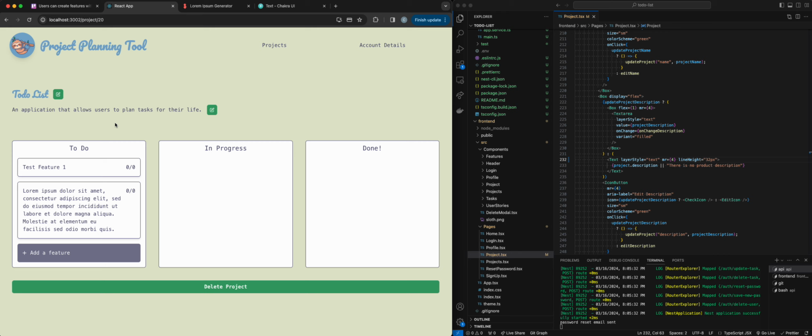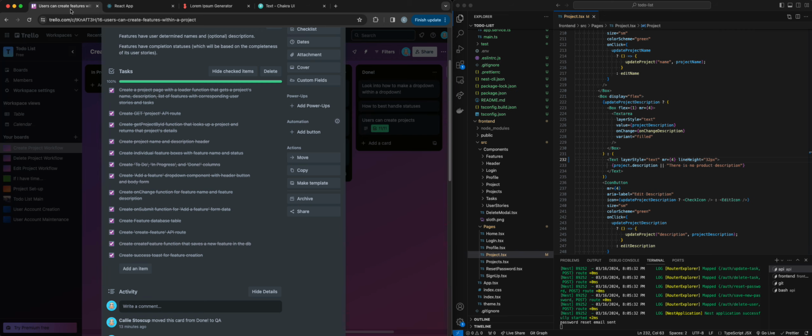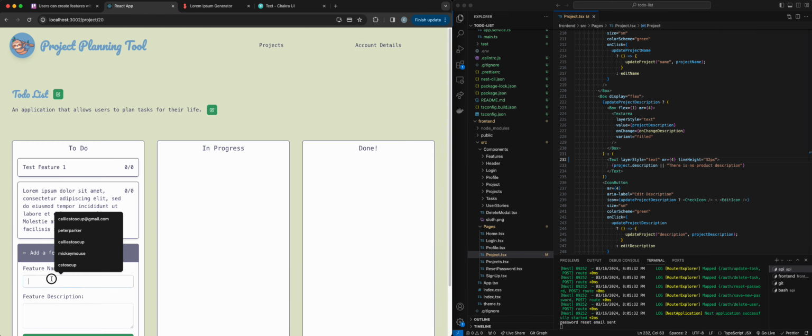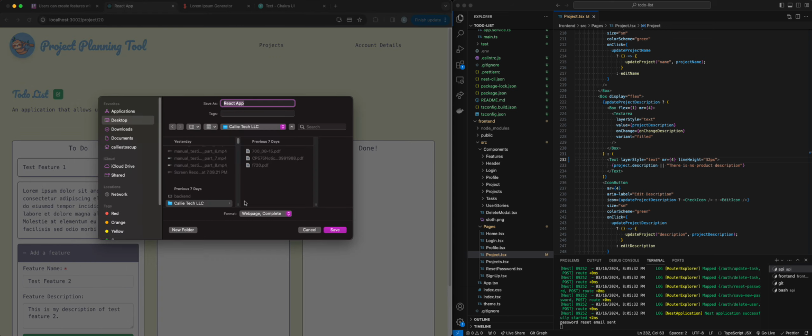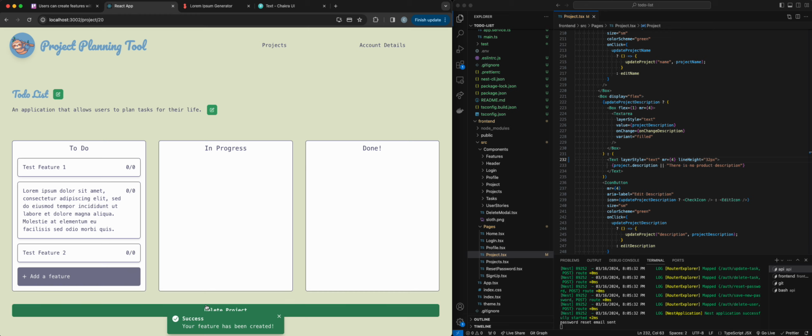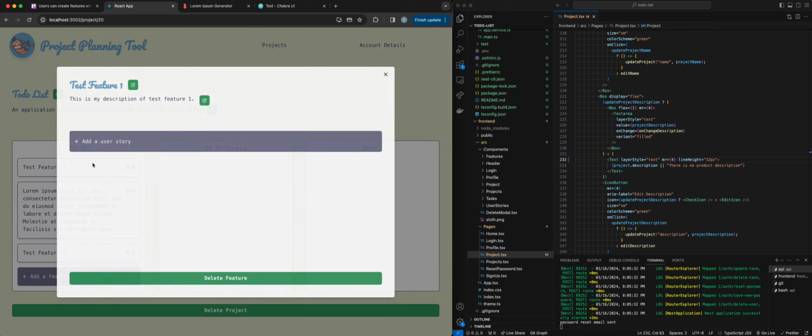All right, so this is the one that we have the feature, and it looks like the features are being added nicely. Okay, I don't think I remember looking for the toast, so I'm gonna go ahead and add and look. So I'm gonna say test feature 2, and then I'm gonna say this is my description of test feature 2. Okay, then I'm gonna create feature, and your feature has been created. So that looks good. Okay, so if I open here, I see this is my description of feature 1,